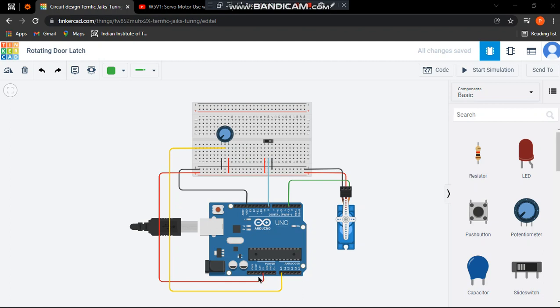So I have attached the 5 volt and the ground to the breadboard as you can see, and I have attached the A0 analog pin to the potentiometer's wiper pin, and similarly joined the ground and the 5 volt wire here to the slide switch, and I connected its common to the 8 digital pin on the Arduino UNO, and I have used the